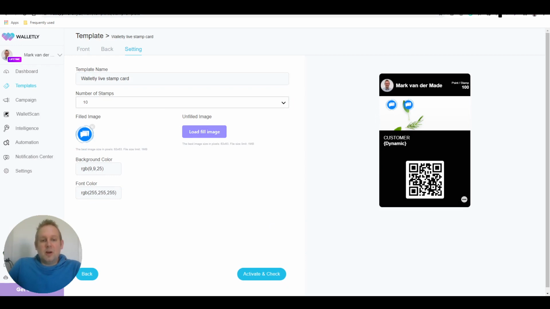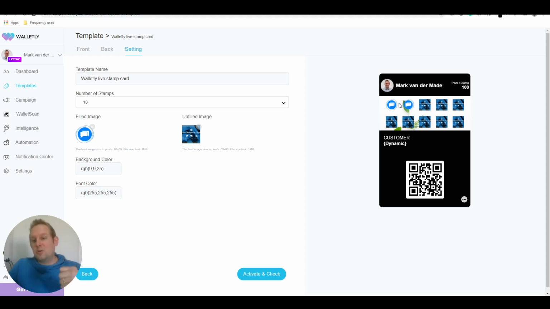And then for an unfilled image, let's see if I have something set up for this. So it didn't have something filled up, but it gives you an idea, right? So the filled images are the ones with the checkbox. You can create your own graphic basically, and the resolution is best at 63 by 63 pixels. The same goes with the unfilled image. So you can see the difference between the two,